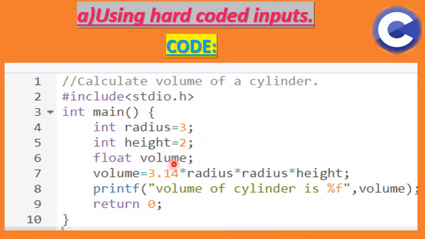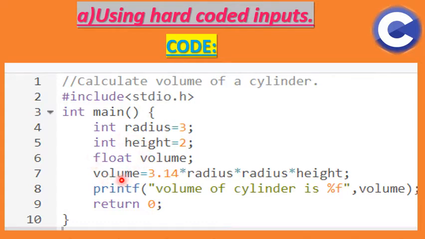Now my float volume semicolon. Here again I have declared a variable, float, but I have not assigned it any value because I am going to calculate that here. And I have put this variable named volume under the data type float because the value of volume can be real values or decimal values. So for that case I wrote float. So my volume variable is under the float data type.